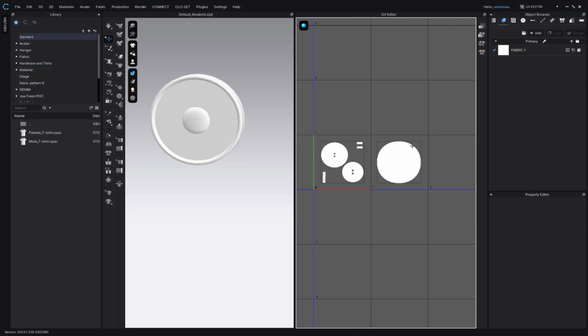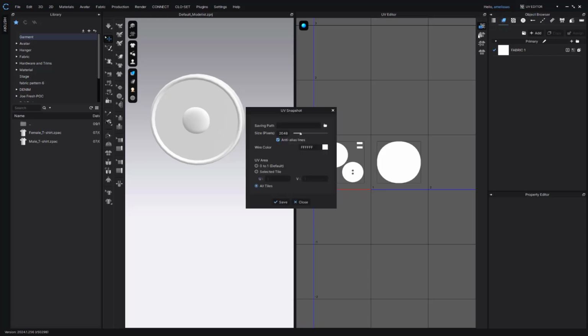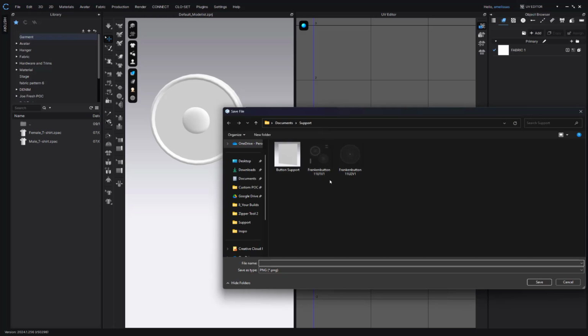All right. And then the next thing that we do is a similar process as before. So we just want to take a UV snapshot. And for this time, just say all tiles and go ahead and pick your saving path. And then from here on out, what will happen is, I'll just go ahead and show you, is you'll get two separate files, one for each tile that the UV exists in. And then these files can be opened up in Photoshop, and you can add the textures for each trim element, save them both as PNGs, and then when you go back to CLO,